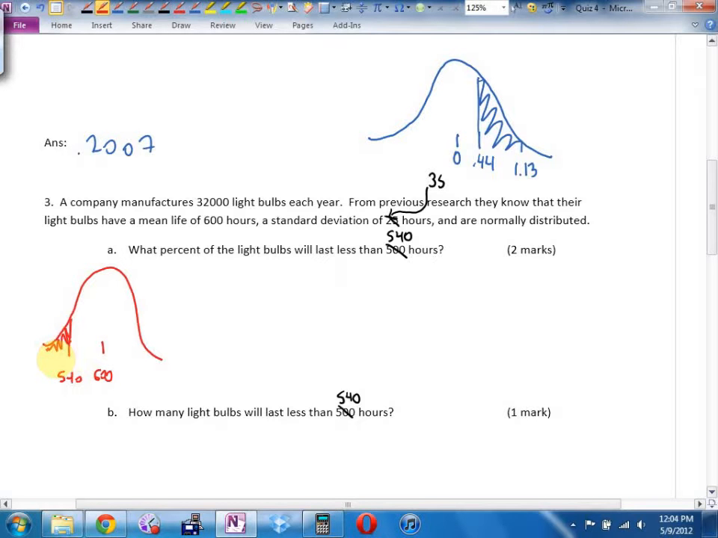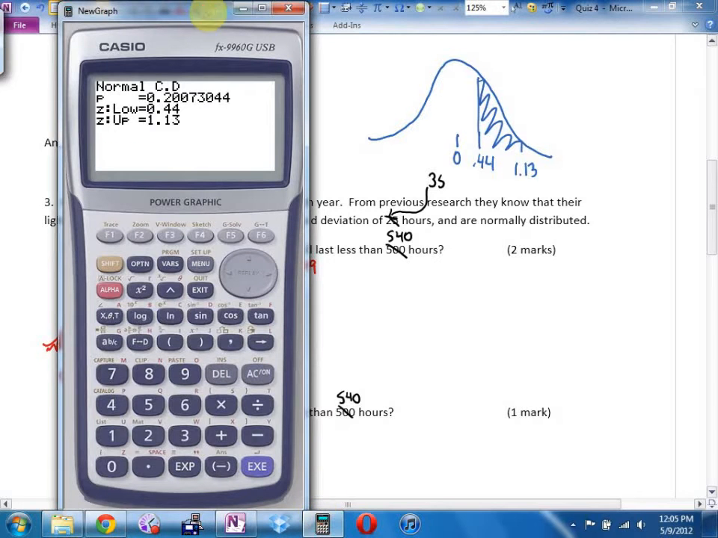This is the work I'm going to need to see. I need to see that you have written down lower is negative 10 to the 99th. I need to see that you have written down upper is 540. I need to see that you have written down this is 35 and this is 600. That gets you 1 mark. If you're missing any one of those, take a half mark off for each one that you're missing, which means if you're missing 2 of those, sorry, you get 0 out of 1. And then 1 mark for the actual answer, which is